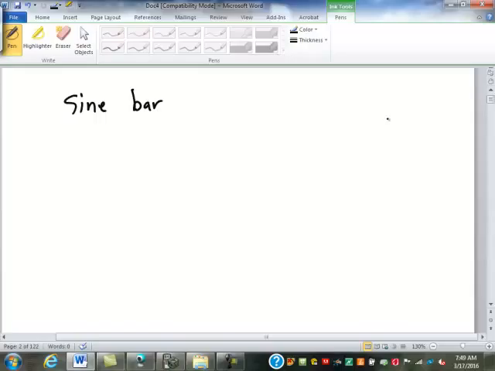A sine bar is a very, very precisely machined piece of material. By the way, a good sine bar should have it labeled on the side what temperature it is to be used at. Most of them will say between 68 and 72 degrees, because the precision is thrown off if you're outside that temperature range because it can expand. You're talking about thousandths or even 10,000ths of an inch, but it can expand enough to get out of tolerance if you want to be very precise. But a sine bar,